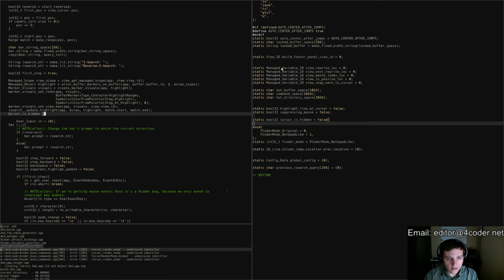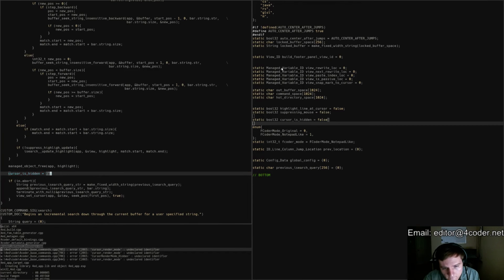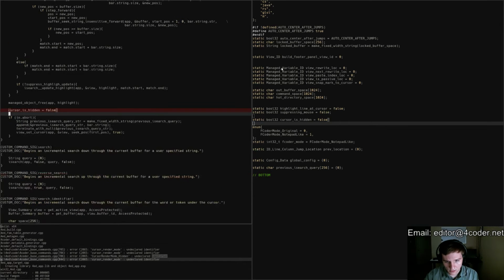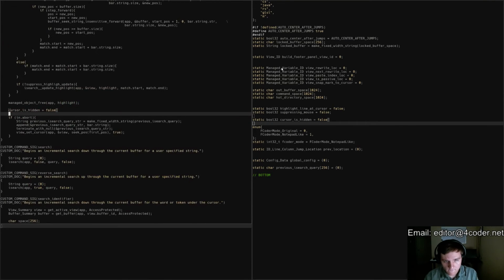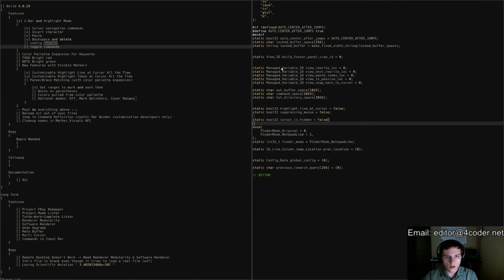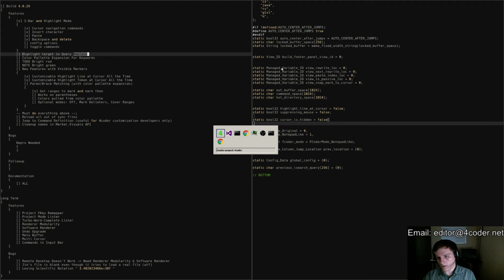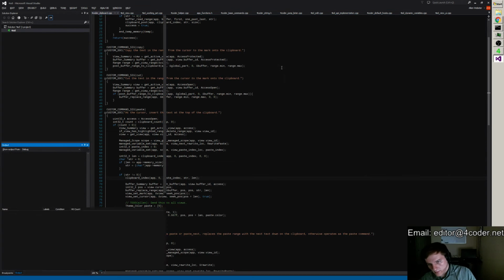Cursor is hidden equals true. False. Done. This reminds me, we want to do highlight target in query replace. Okay, now save that, get back to the debugger, run it,